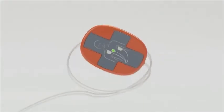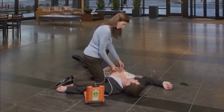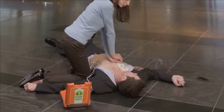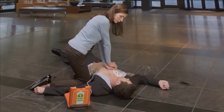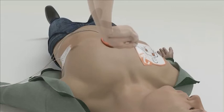The G5 will guide you through the 30 compressions with a metronome to assist the timing of compressions, along with pausing for the 2 breaths. The G5 will give you feedback on how effectively you are performing CPR. The G5 will advise if you are doing your compressions correctly, either too fast or too slow, too deep or